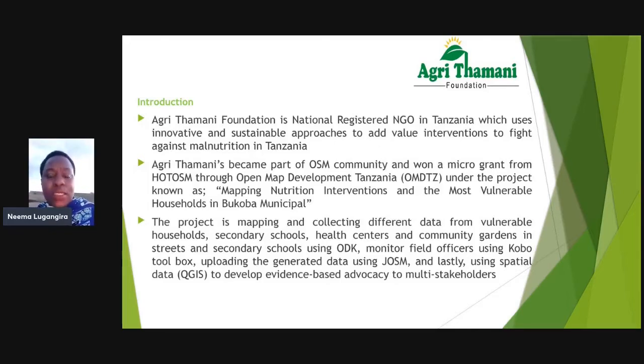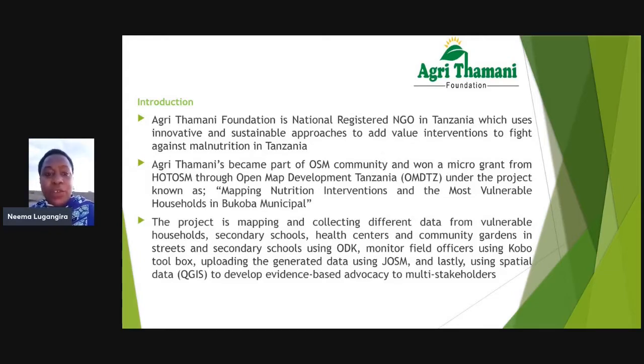So through this community grant, we've been able to map out vulnerable households. But one of the things that we came to realize as soon as we wanted to start is nobody in Bukoba knew how to map out data.